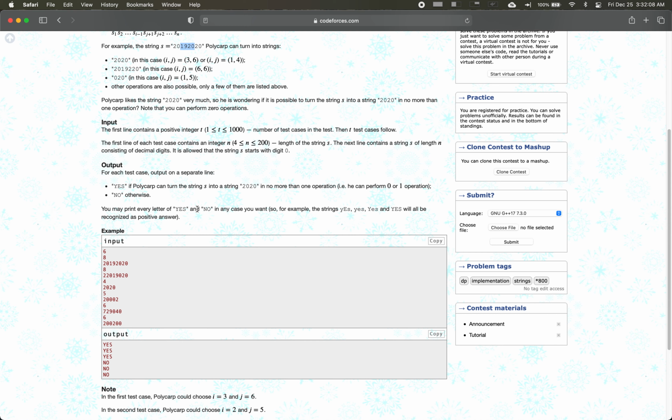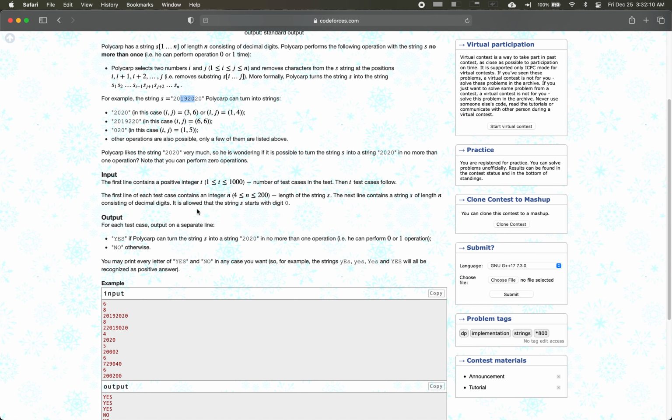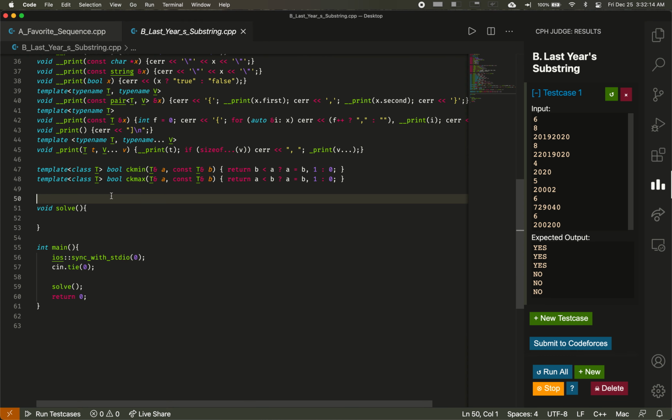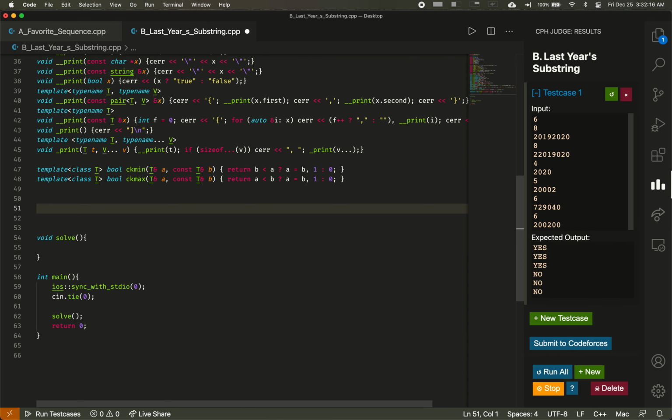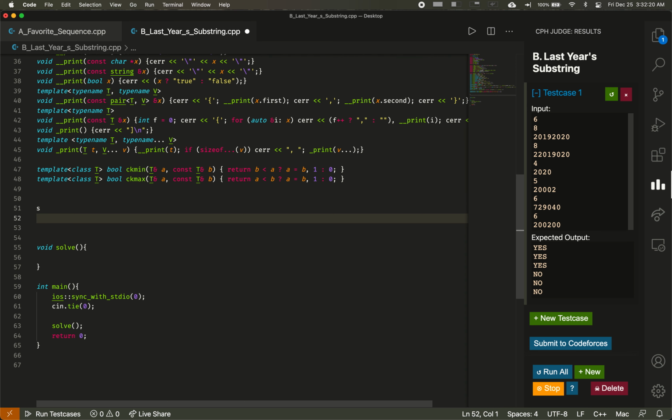So how do we tackle this? The key thing is this operation, right? So how would this work? If you look into it, there are 5 cases. Either our string s, right? It could either be